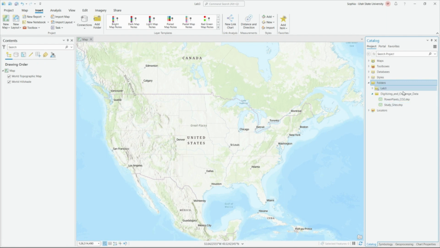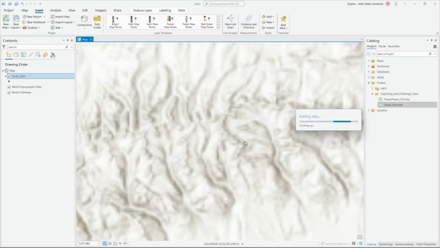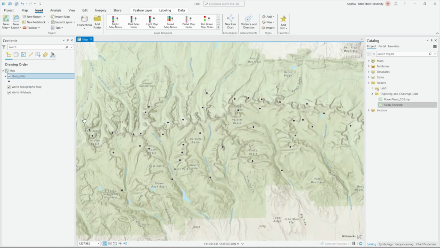So we've downloaded and unzipped the folder. If you need a reminder on how to do that, there is an announcement with a video going over how to download and extract your data from your folder. And now that we've connected our folder, which should always be your first step, we're going to add in study sites. I'm going to let that happen. And you'll see that ARC has already zoomed in so we can focus on the data that we're given with this shapefile. If it doesn't automatically zoom in,